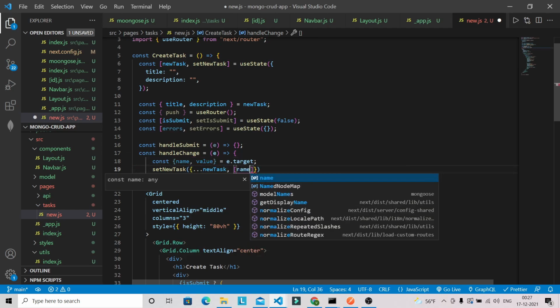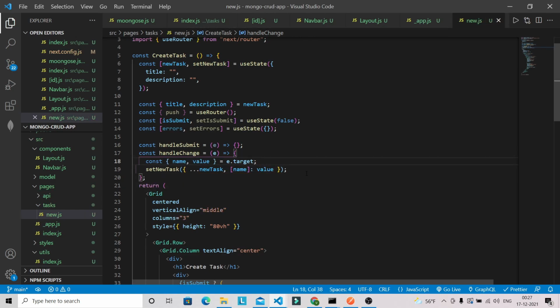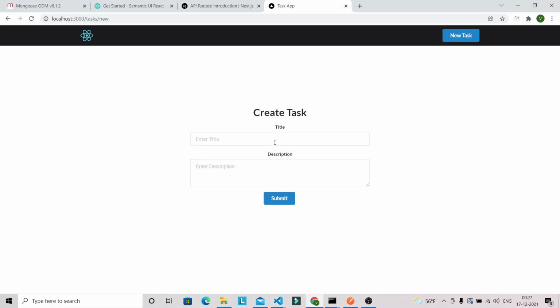Here we can pass name and value. So this way you will be able to type into the input field. So let's see, it is working. This is also working.